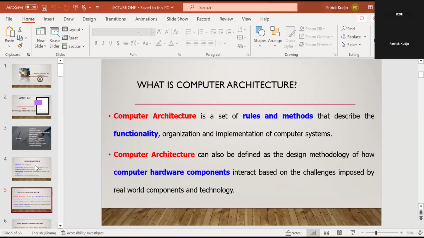It is a set of rules and methods that describe one. If you look at the computer system, if I ask you,